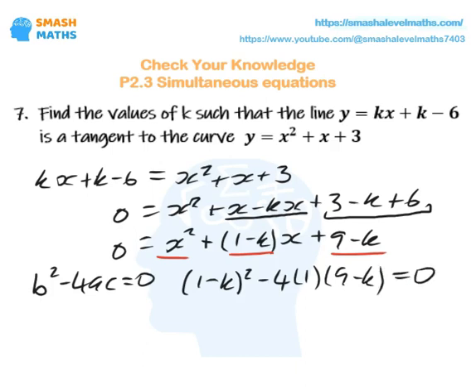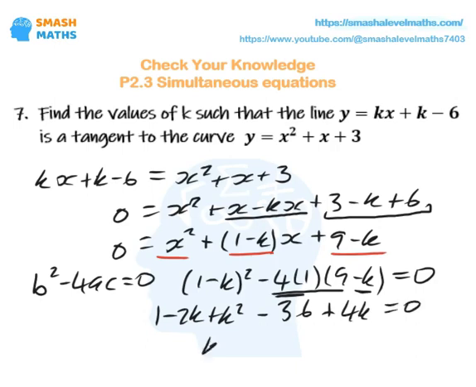Right, so multiply out the brackets, so I've got 1 minus 2k plus k squared, so that's that bit. Now we've got minus 4 times 9, so that's going to be minus 36, and then we've got the minus 4 times the minus k, so that's going to become plus 4k, equal to 0. Tidy that up, and we've got k squared plus the minus 2k plus 4k, so that's plus 2k minus 35